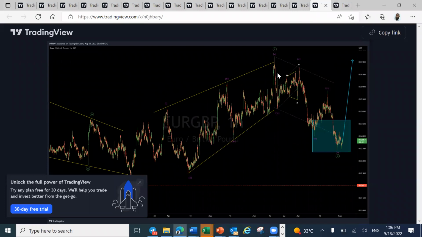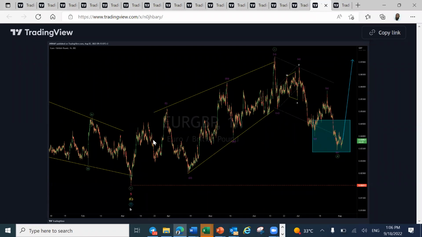All right, next one was a pound US dollar. This was also posted the first month of August. So this one has been a slow one because, I've shown this one a couple of times. When this was coming into the blue box here, we anticipated that it was going to continue pushing to the upside. We went 1, 2, 3. We went to the blue box, and from here, we started buying euro pound, and we wanted it to continue